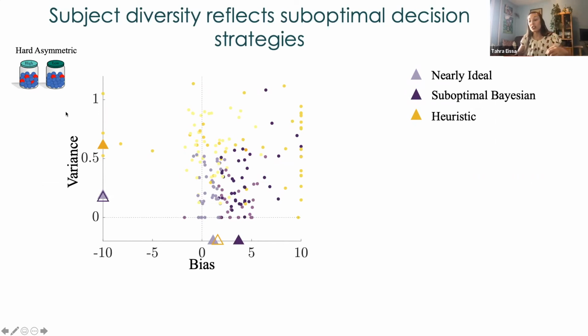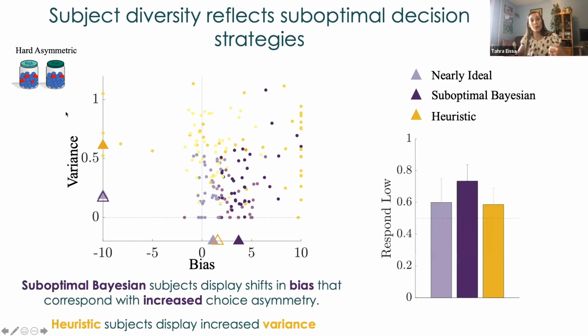And if we go back to that prediction from before, we now see that our suboptimal Bayesian models are the ones showing that enhanced low jar response, whereas our heuristics are showing pretty equivalent low jar responses. So that choice asymmetry is pretty equivalent to our ideal subjects. So now that we've really differentiated that there are three groups,